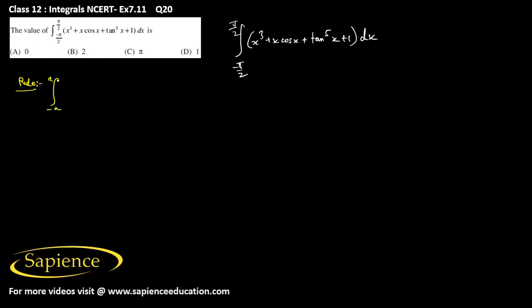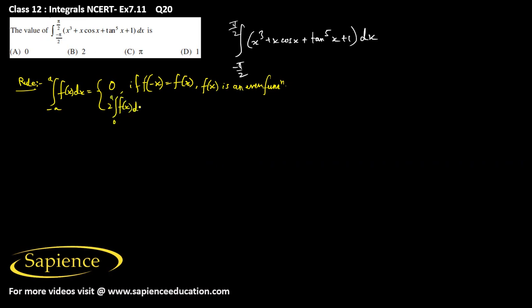integral minus a to a f of x dx is equal to 0 if f of minus x is equal to f of x. It means that if the function f of x is an even function, and that is equal to 2 into integral 0 to a f of x dx, if f of, sorry,